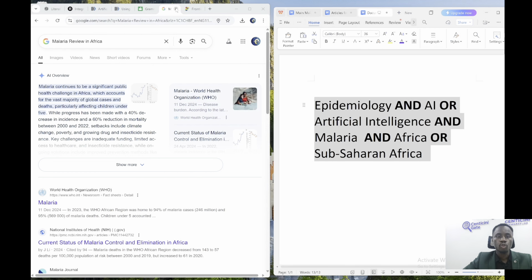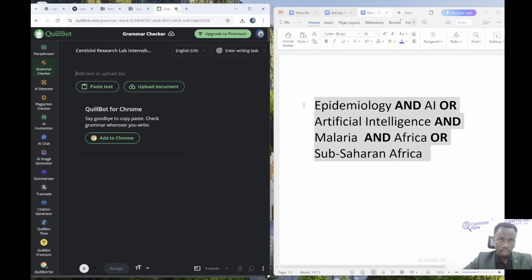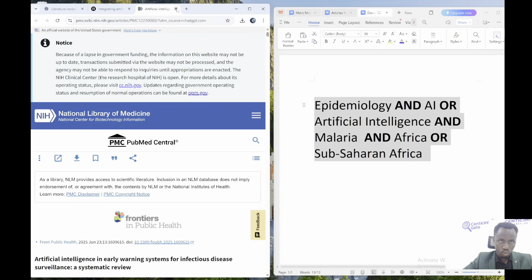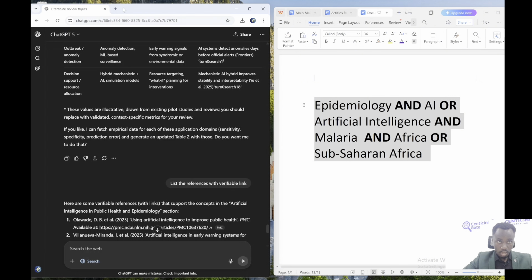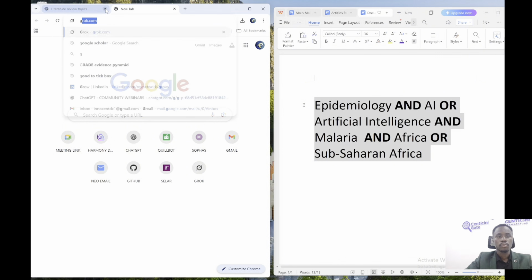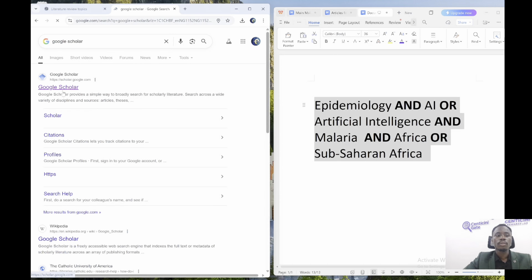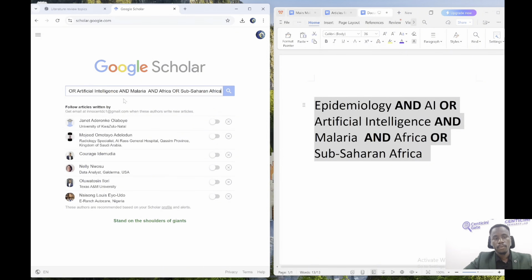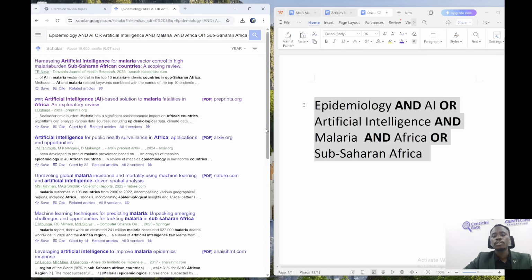Now I'm just going to, I don't really like so much tabs being open. I'm just going to search on Google Scholar. Paste that. Now, what it means is that if we want to save our citations from Google Scholar to maybe